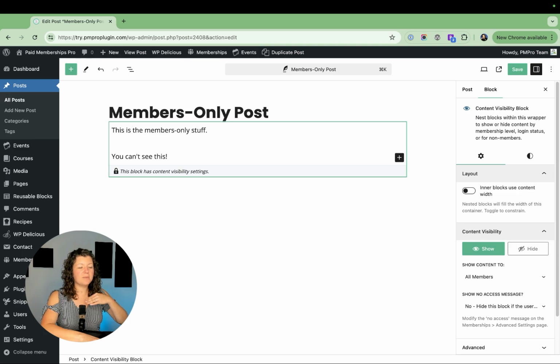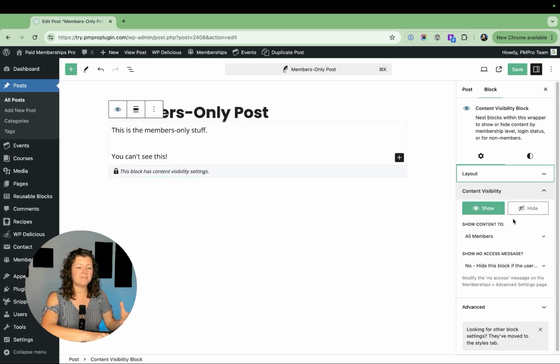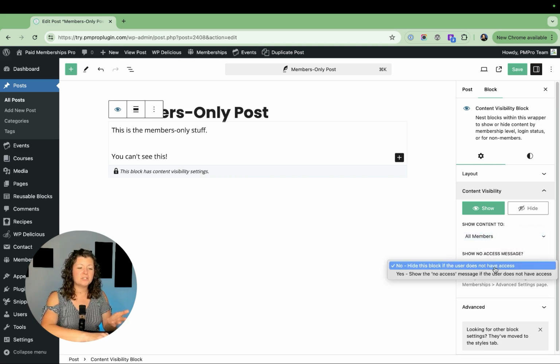So that's all the content within. If I go to that outer block, you'll see this section here on content visibility. I can choose to show or hide this section based on specific settings here. So if we wanted to show this to only all members, and then we could show the protected content message